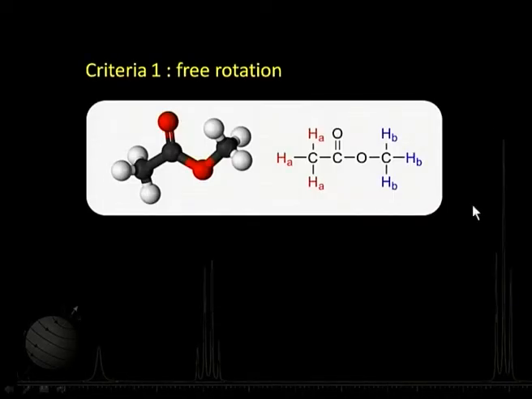Let us take this example here. This is a very simple molecule. This is methyl acetate. In case of methyl acetate, what we find is there are a total of 6 protons here. There are 3 protons in this methyl group, and then 3 over here which are bonded to an oxygen atom. Now, if I look at any of these 3 protons, this methyl group is free to rotate around this single bond. The carbon-oxygen bond is a single bond here, and these 3 protons are free to rotate around this. Since they are free, they all are equivalent in one way. Similarly, so are these 3 equivalent.